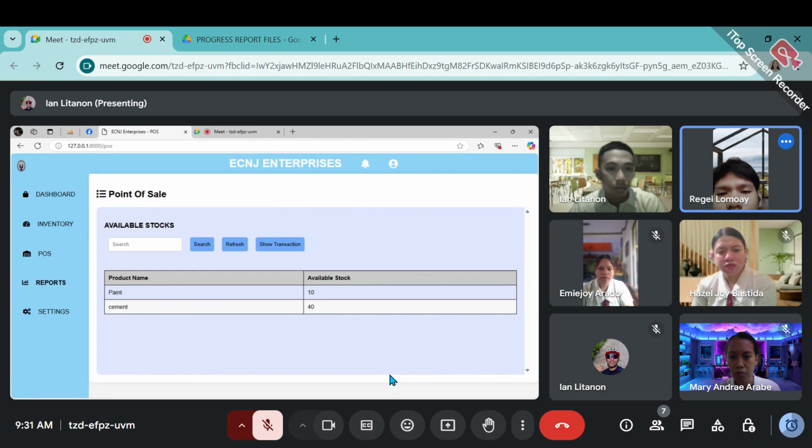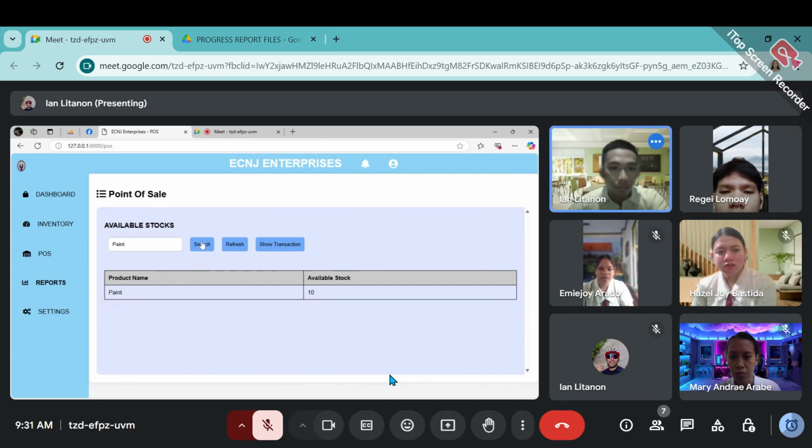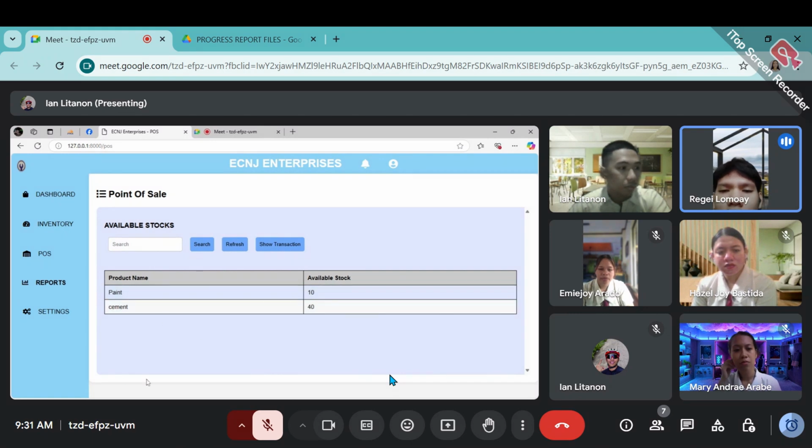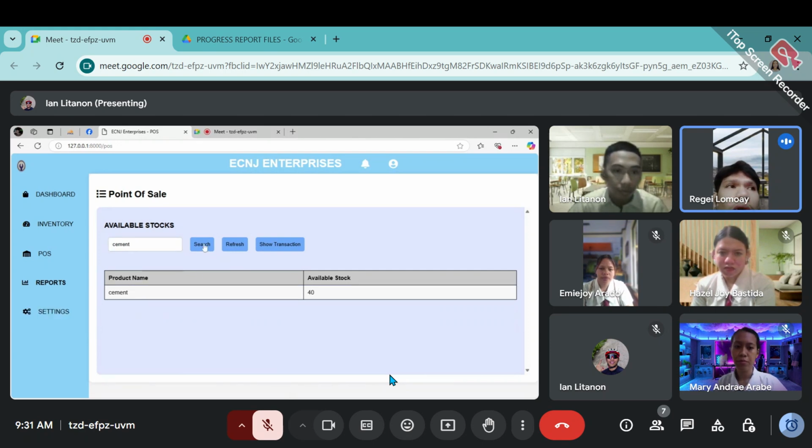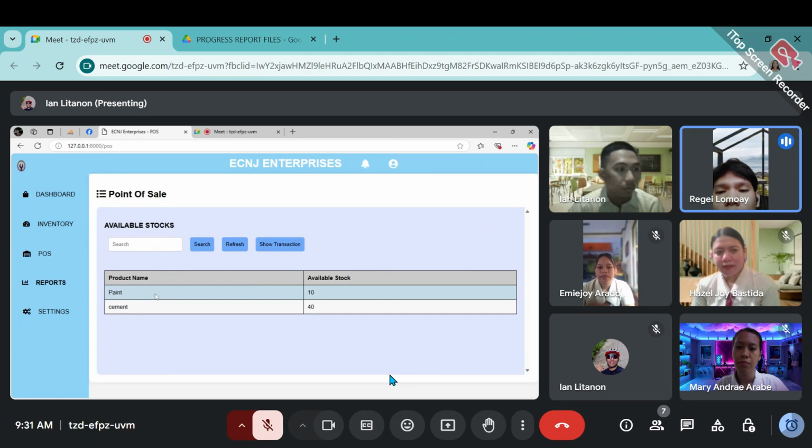So kindly perform. Okay. So the refresh button is, if the user searches for the item that he wants to find, and after he finds it, he or she can click the refresh button, then it automatically comes back to the normal form.